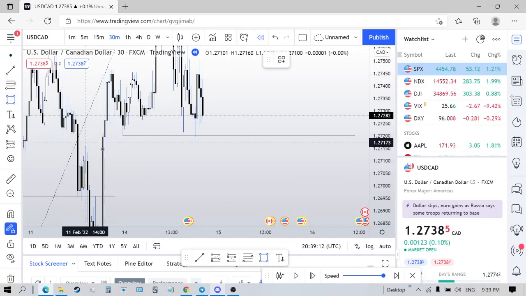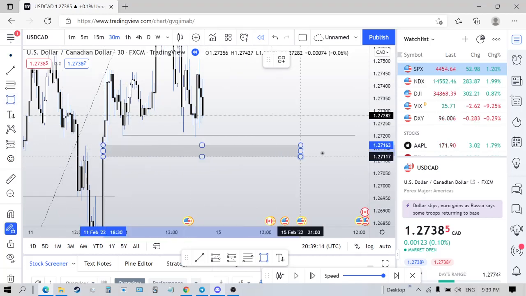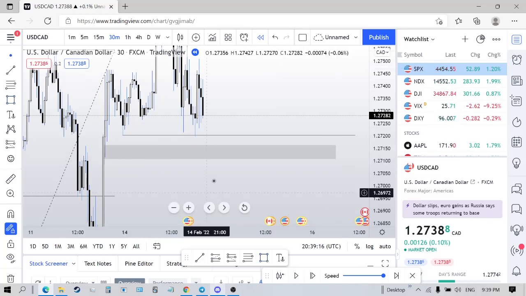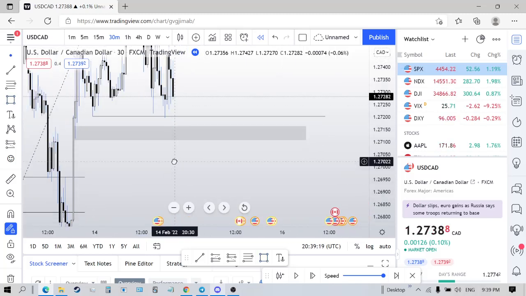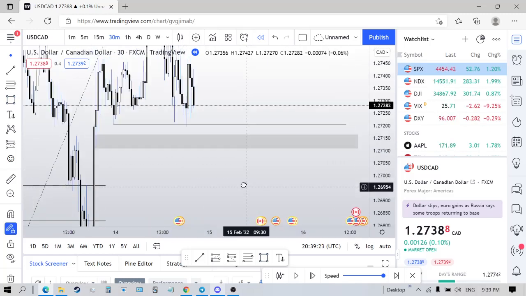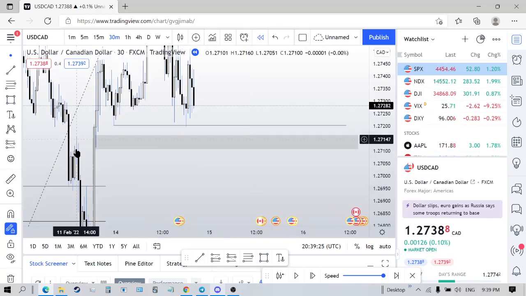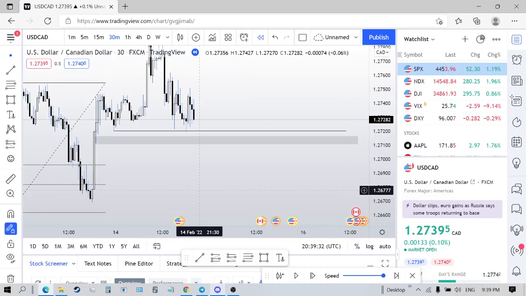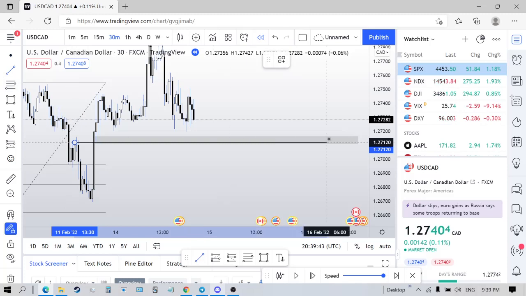I don't want to scale in, zoom in to lower time frames right now just to save some time. But if you want to, you can. You can scale into a lower time frame and see that there is an order block inside of that wick. Okay. Plus the top of this candle that caused the down move, which is kind of like a breaker compared to this range right here. From this up move down, you would draw this out in time and expect sensitivity, right? Expect sensitivity at this high.